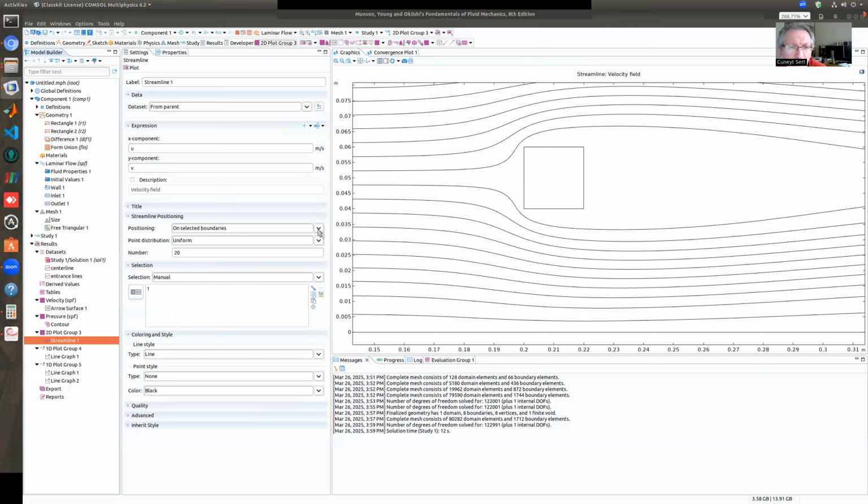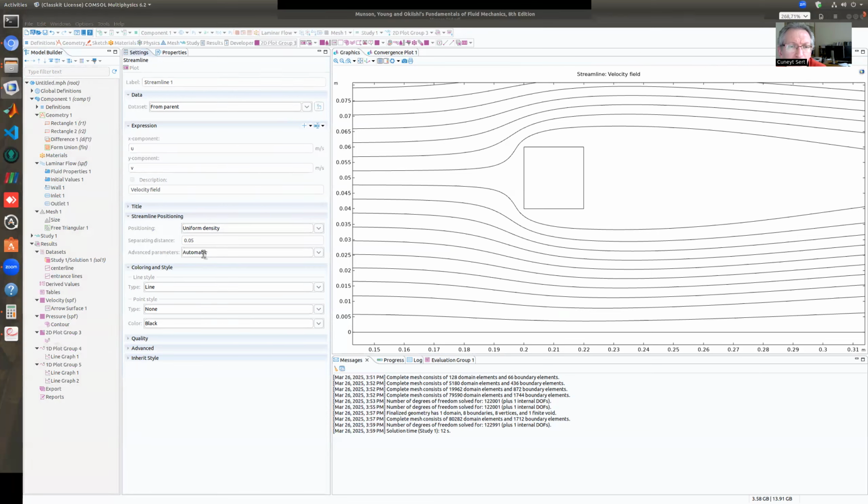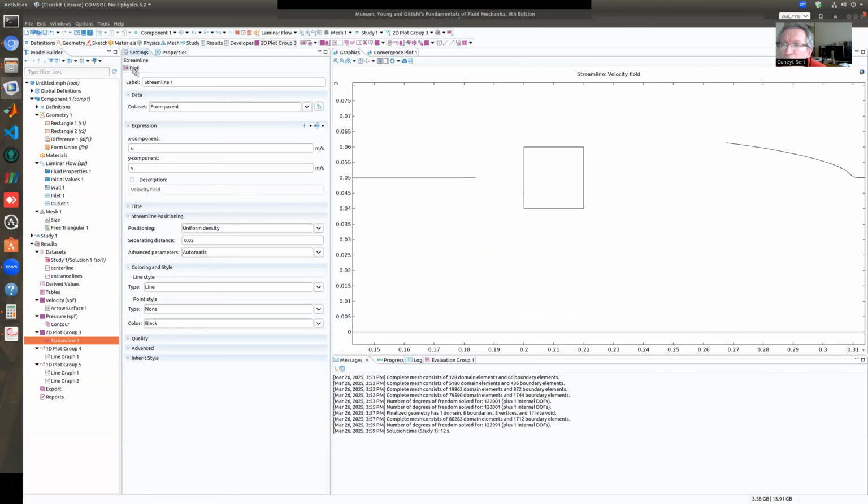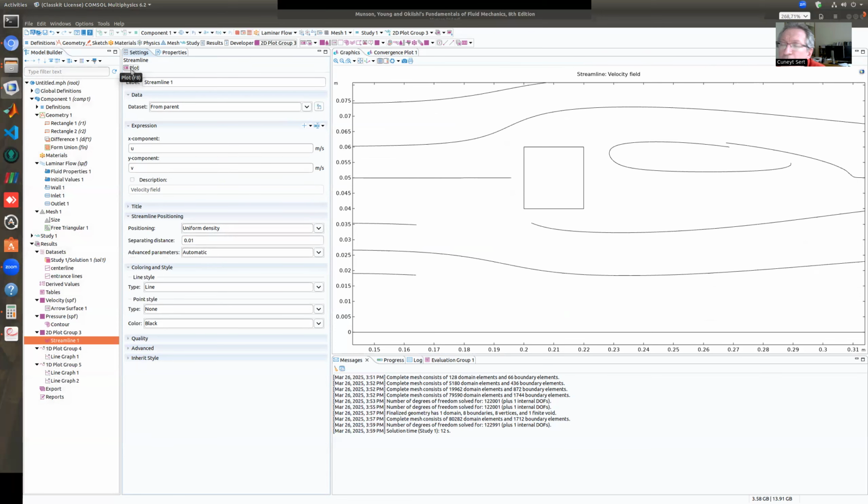Bunları değiştirirsem herhalde farklı bir şey bulabilirim. Maybe uniform density, I don't know. I'm not that familiar with these settings, but I have to decrease this distance. I'm trying to generate a different kind of, oh, almost there. I will just say 0.001, maybe too much. Oh, I entered a very small value, I believe. And it froze. Oh, come on, console, do not crash.